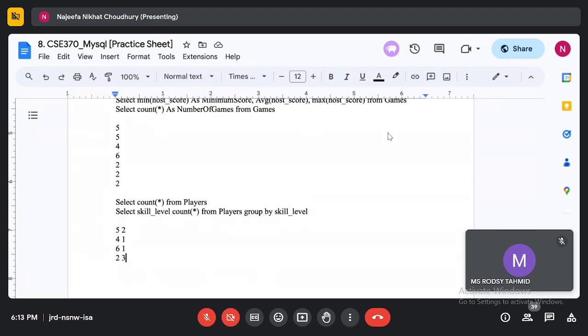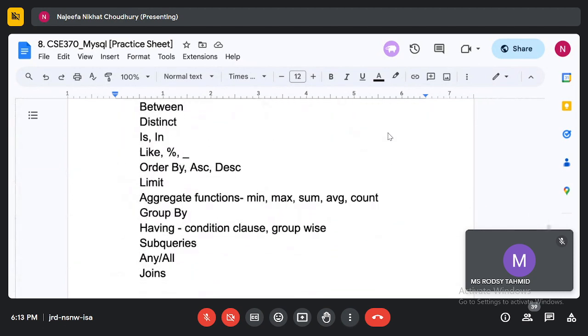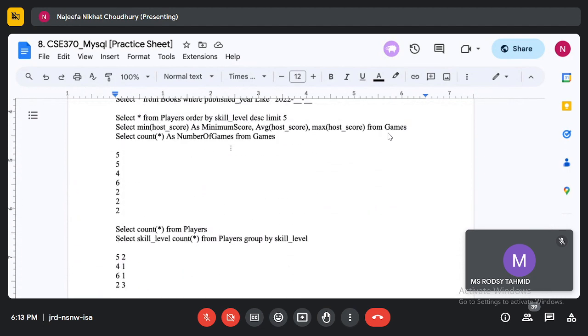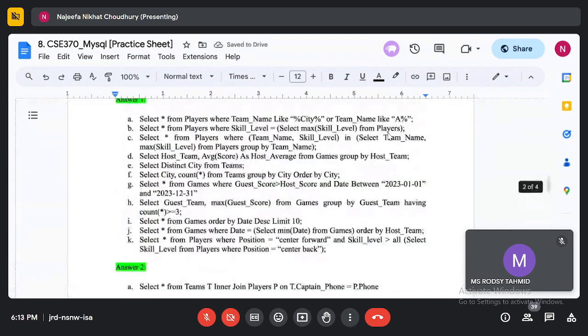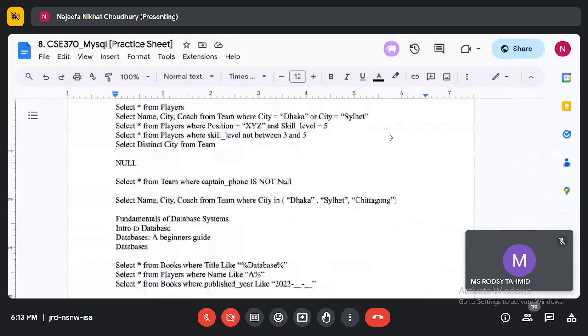So for each group I can get the values. So for instance, I am finding the max, mean, and average of the host score. But if I do this for each year, so let's say I want to do this for each year, I can do this, and then I can say group by, there was a date, right? So yeah, there is a date column. So what I have to do is group by.